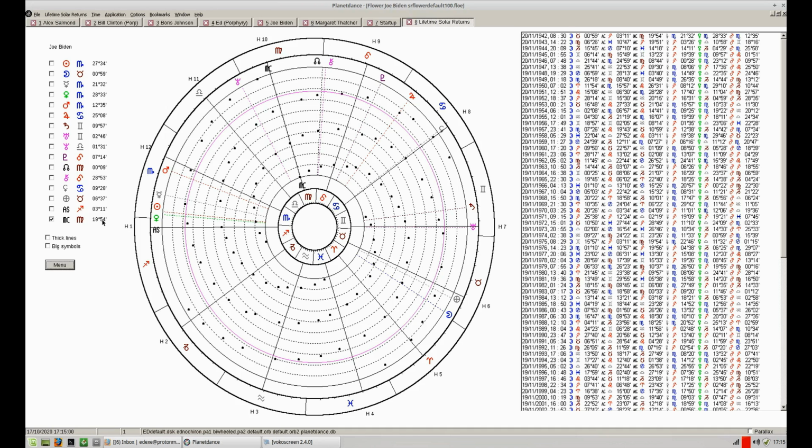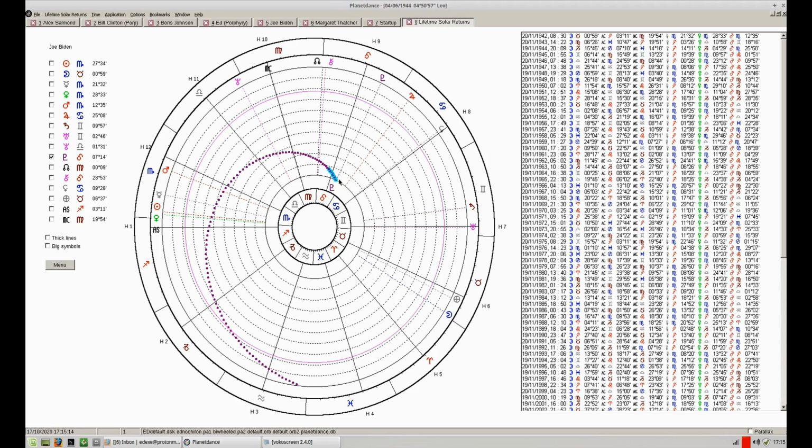The natal MC is at 19°54' of Virgo. If we switch that off, we can look at the Pluto placement here, and what we have is the position of Pluto at each solar return for 100 years positioned in the natal chart.